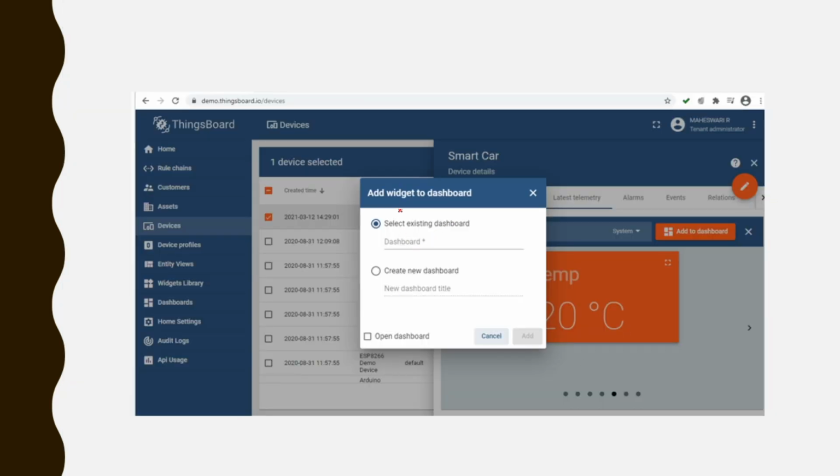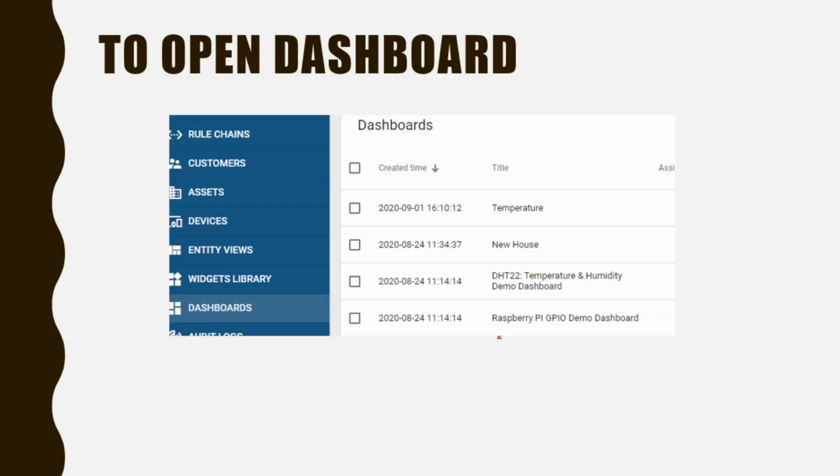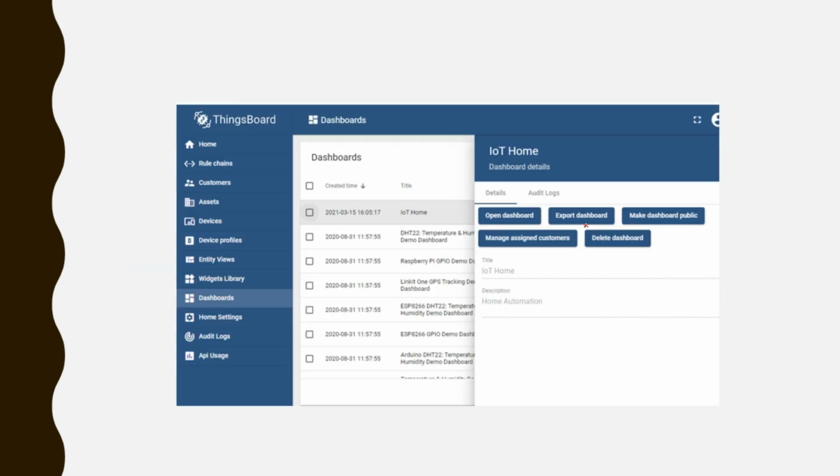So you have to select add widget to the dashboard. It will enable you to add many more widgets into your dashboard. If you want, you can add many more widgets, else you can ignore it. Now if you want to open the dashboard, go to the dashboard to open it. If you click your selected device, you can open your dashboard.